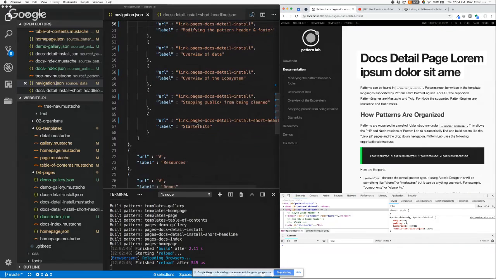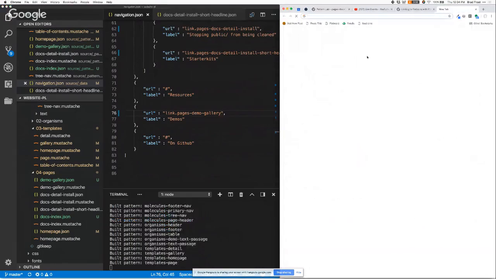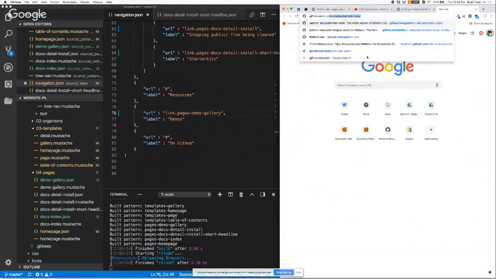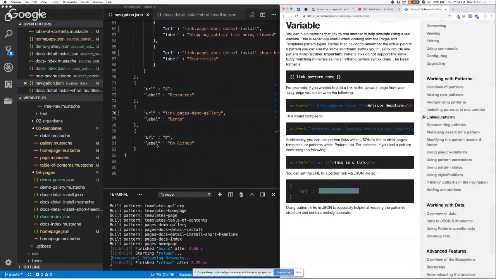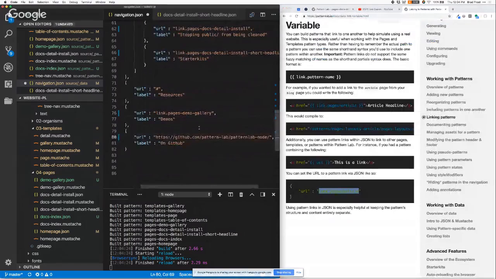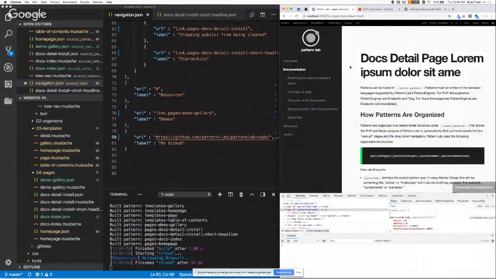So I'm just going to round this out a little bit. I'm going to link through to demo gallery for the demos. I'm also going to link through to GitHub Pattern Lab for the GitHub link. I'm just going to copy in the project URL just for the sake of making it real. And so now I think what should happen is, oh,